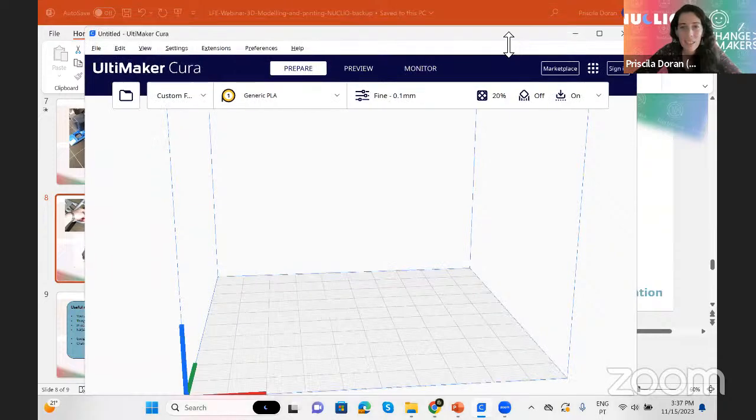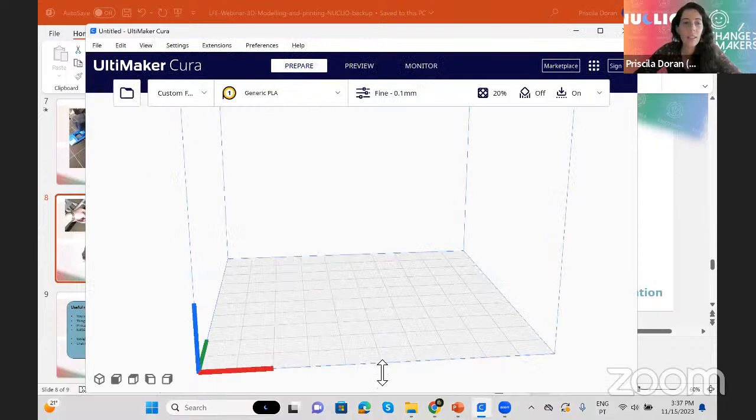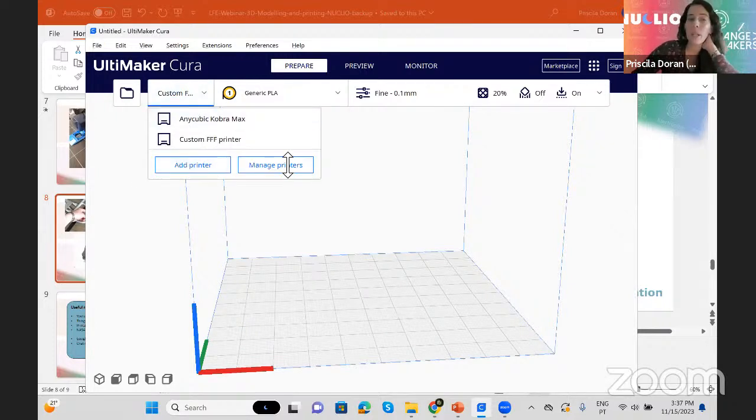Okay, I found it. So as you can see, this is already prepared as if it was my printer. I can find here many printers. So if I go to add printer,